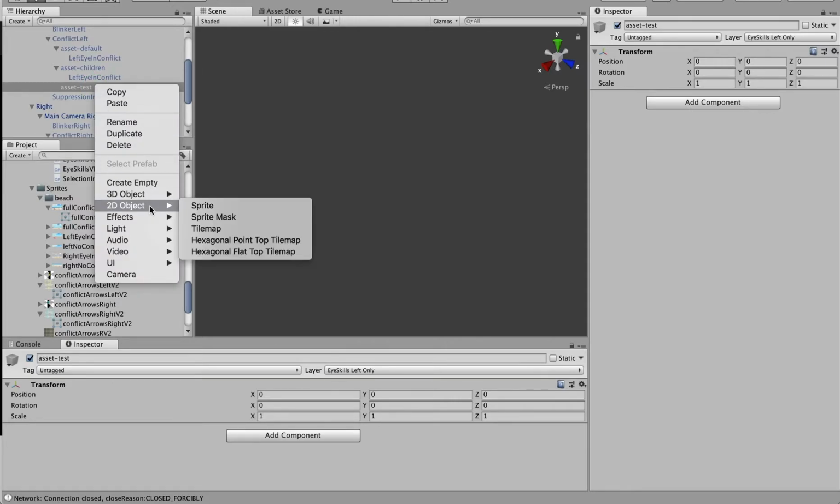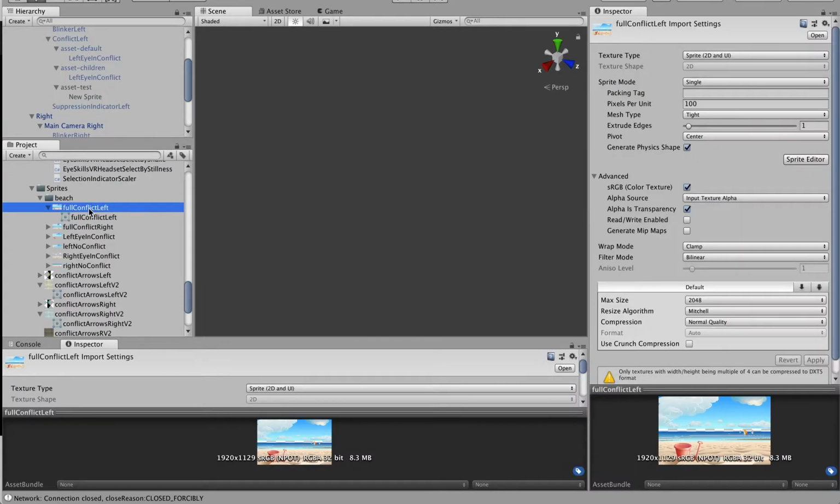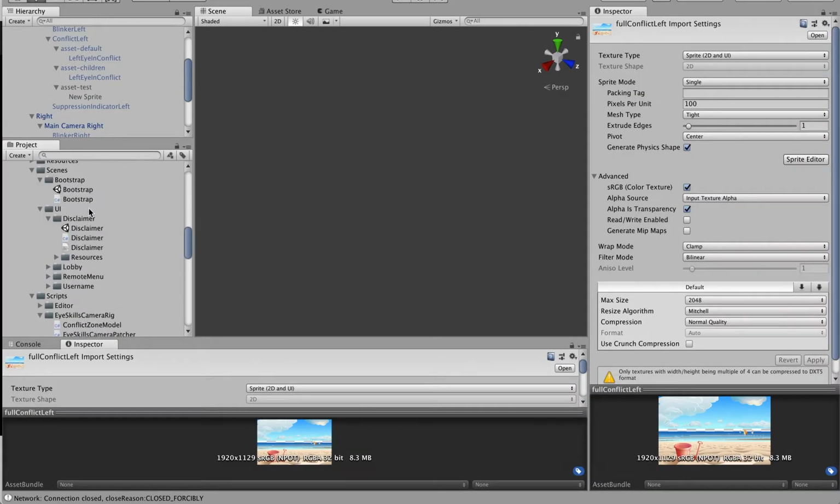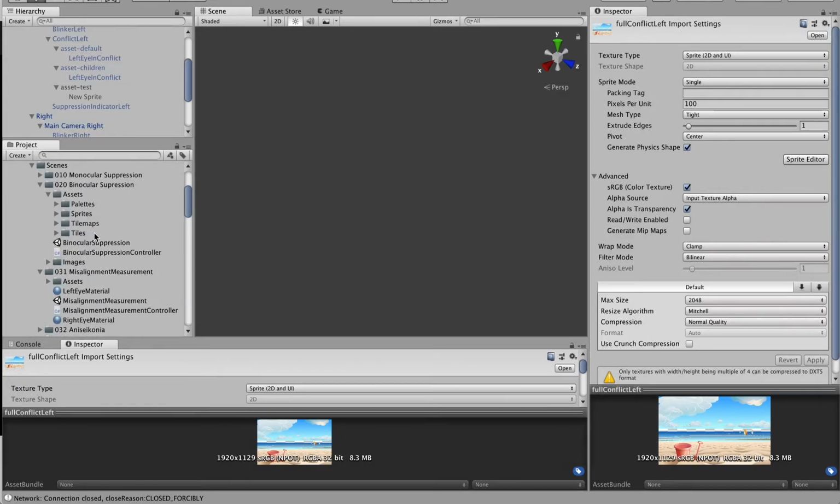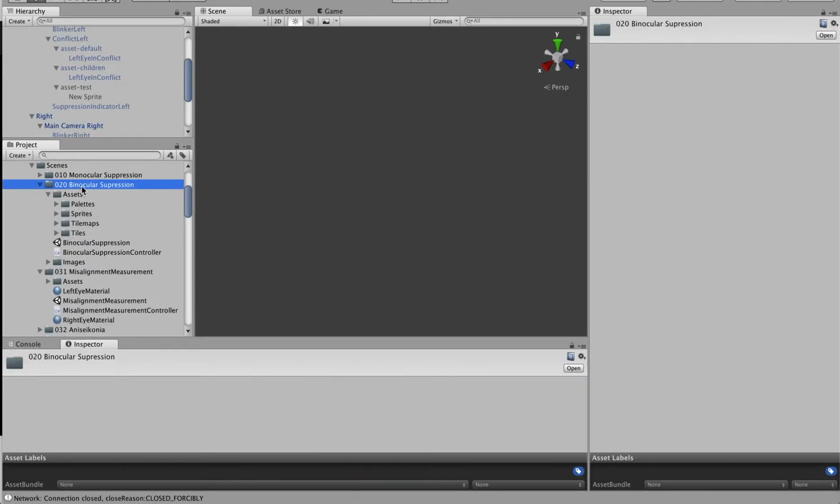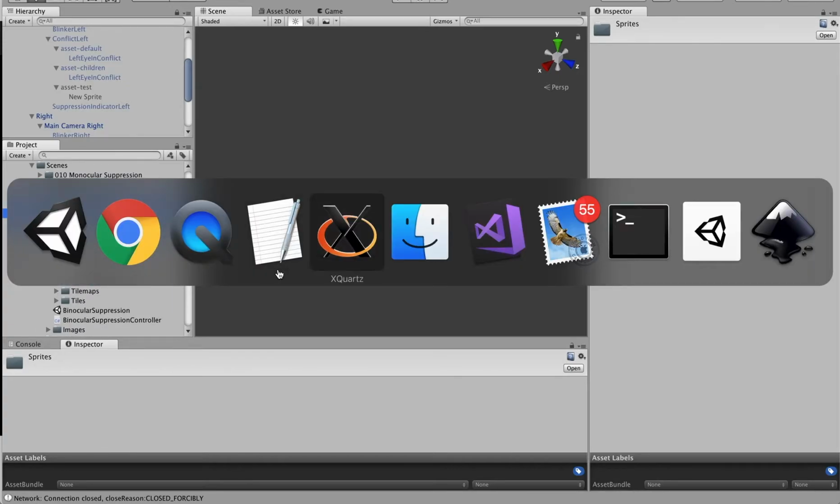Ooh, it's been a while. 2D object sprite. There we go. So now it needs to have the asset. These sprites are in the framework, so let's not put it there for the moment. Let's put it inside our community app folder here under sprites. What we'll do is we'll just grab,